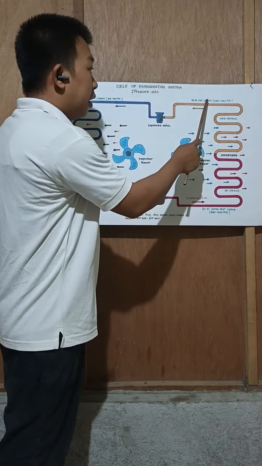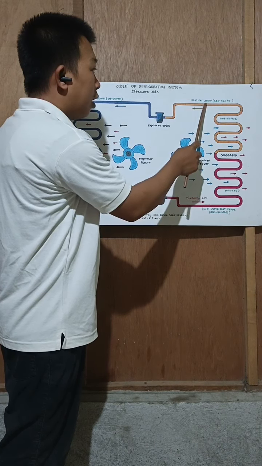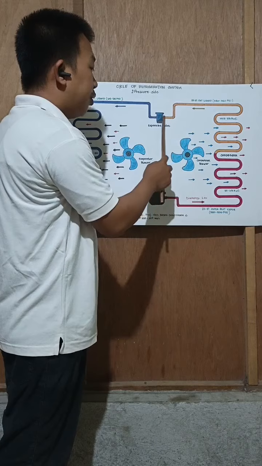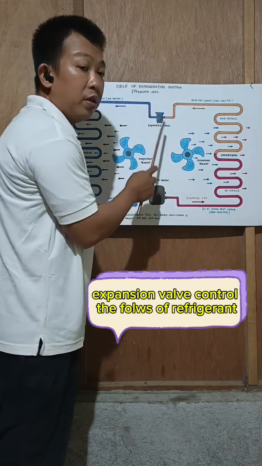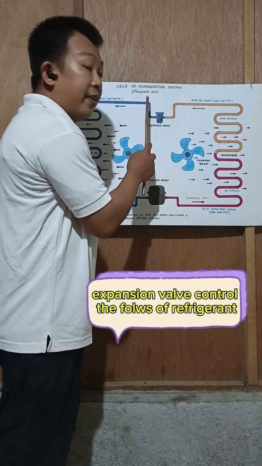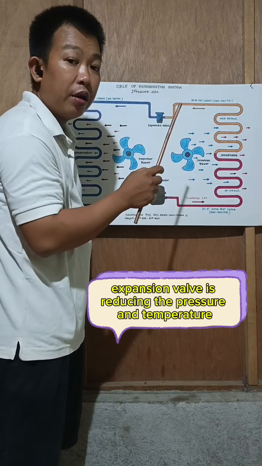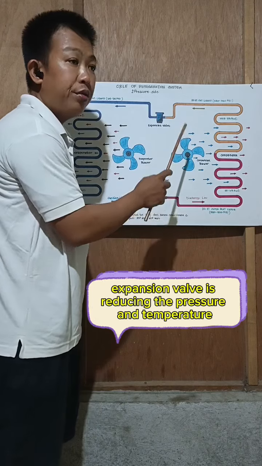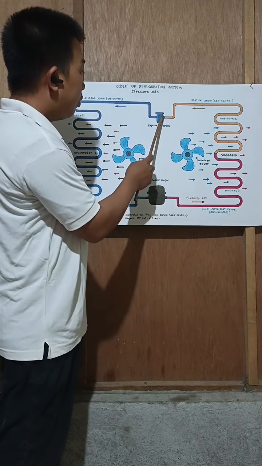So the liquid refrigerant at high pressure flows here into the expansion valve, where the expansion valve reduces or controls the flow of the refrigerant, reducing the temperature and reducing the pressure. So when the refrigerant comes out